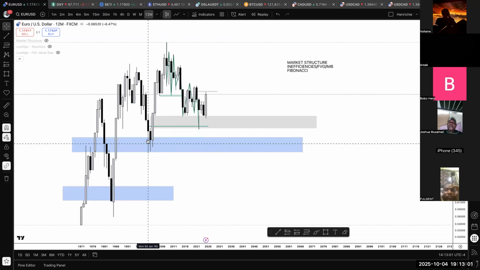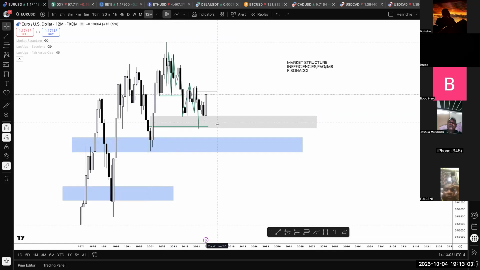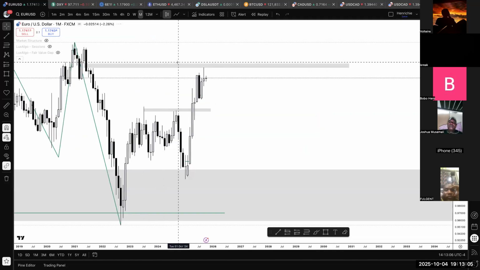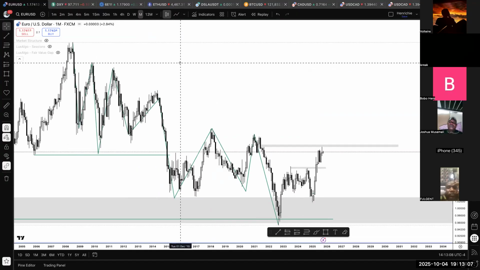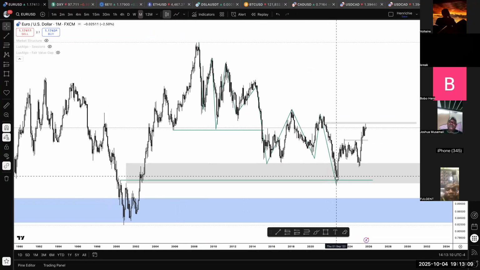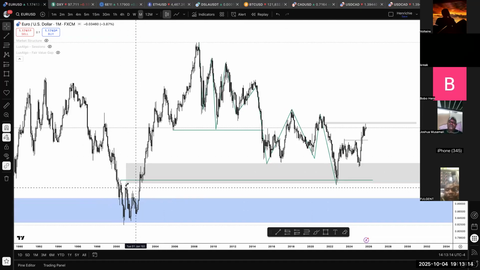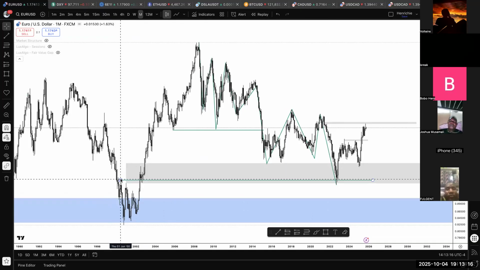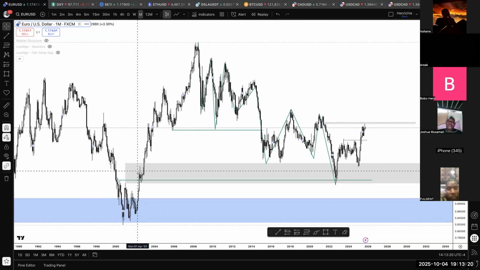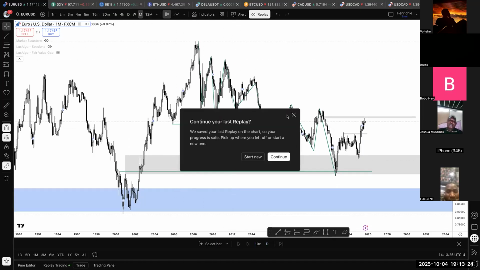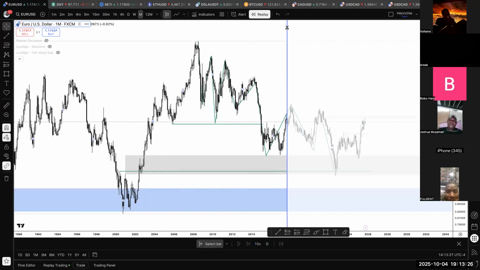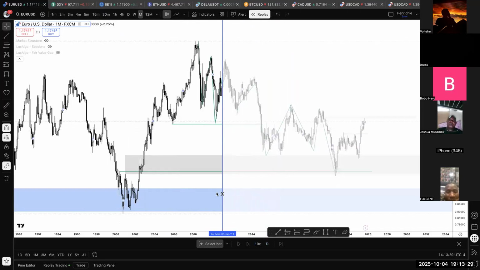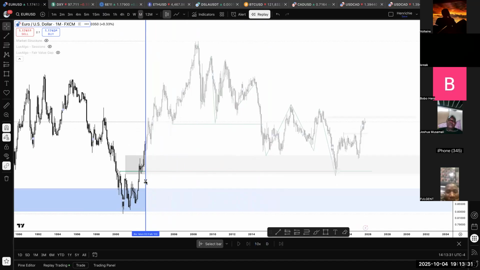So in this case, you can see this here is our point of interest. And when we scale down to the monthly, you can see how price came down into that position. And you can see how that same inefficiency from the 12-month time frame aligns with a weekly high. This is weekly lower high, weekly lower low. And then this is a break of structure. Now, let me take this price action back. Now, if I take this price action back to this position